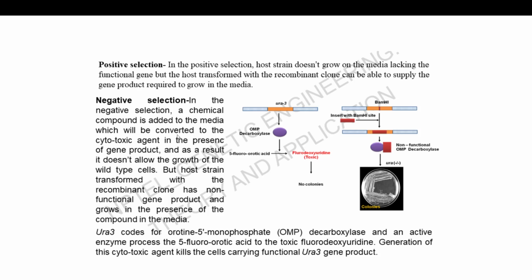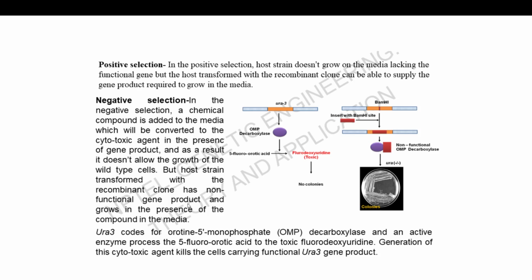So should I repeat from the negative selection? Okay. In negative selection, some amount of nutrient, compound or reagent is added to the growth media. This reagent won't allow the wild type cells, which don't have the recombinant plasmid, to grow. But if the host cells have taken up the recombinant plasmid, then this will have